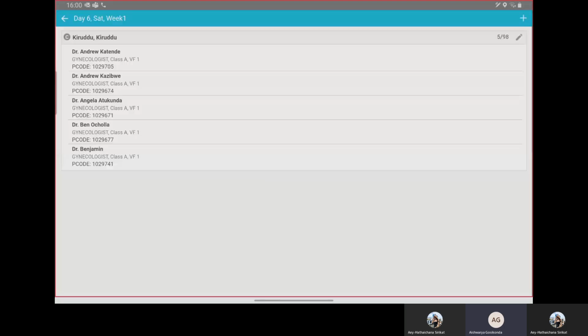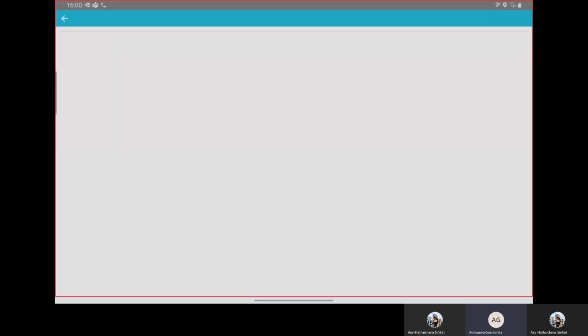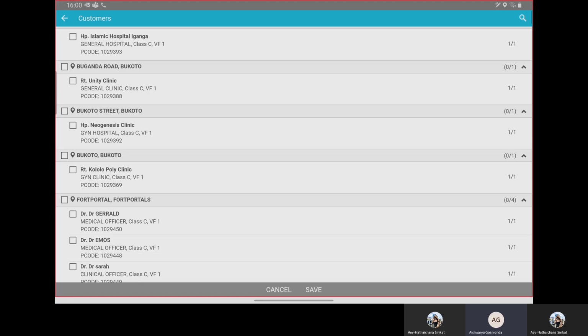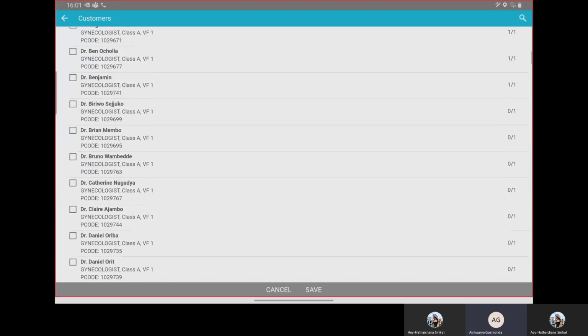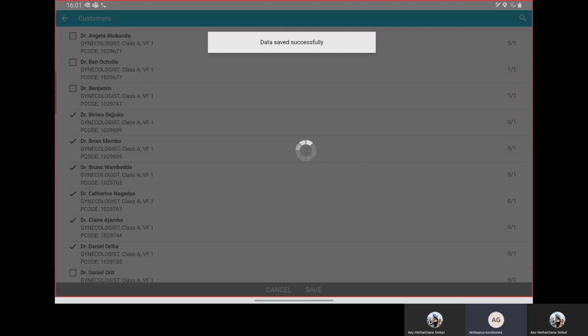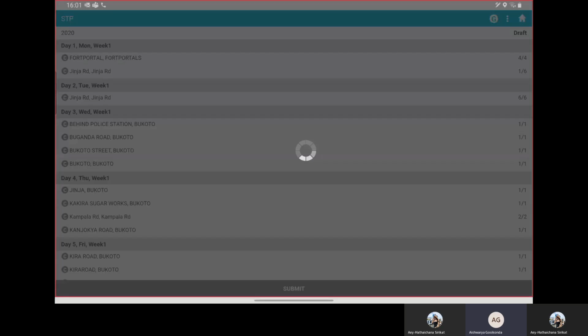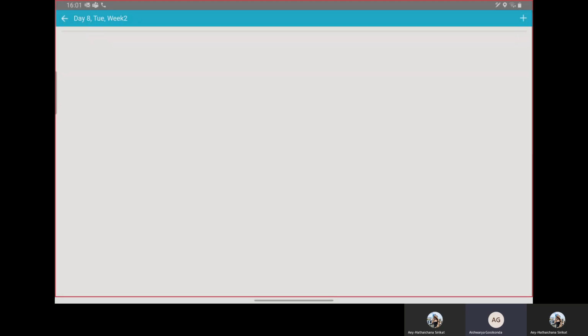So the first one is all customers should be planned. The second one, all the customers as per the VF should be planned, VF being visit frequency. The third one is all the towns should be planned. All the towns means all the towns present in your customer list. That means all the customers and towns should be planned. That is the third rule.